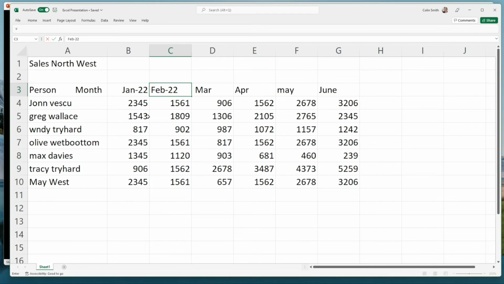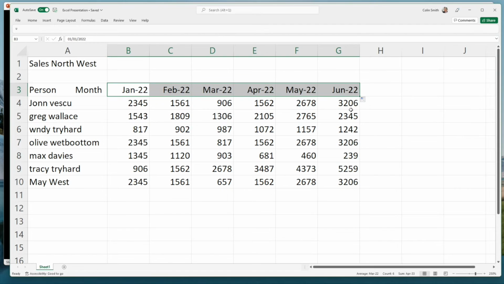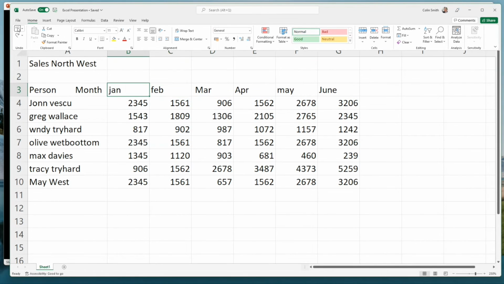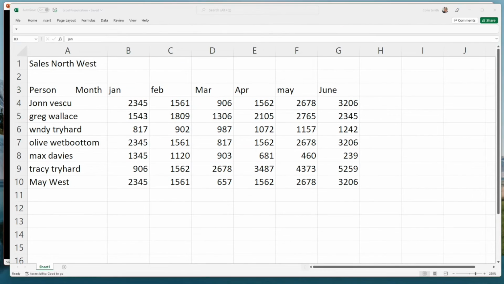Now I'm going to have to do this the whole way across, but if we highlight those two and then just pick out the handle and copy it across, you can notice that Excel has picked up on the logic of that and it's copied all those columns across. And you can see now that it's all neatly formatted. It's in date format and it looks a lot better basically. So I'll just undo that for the moment in this example. Next one,